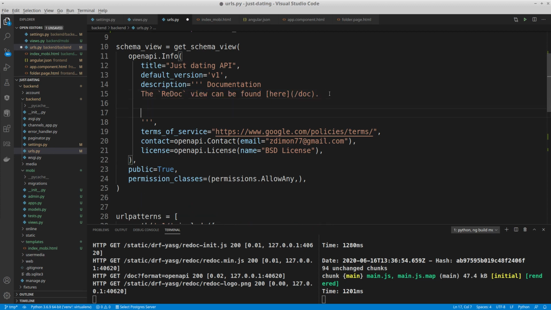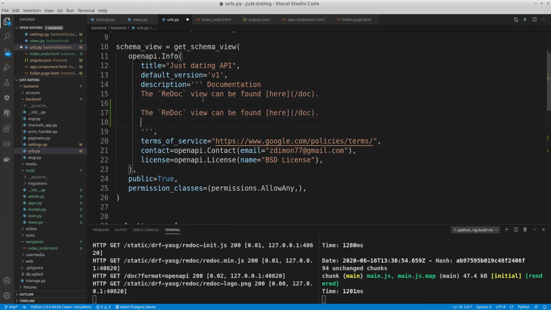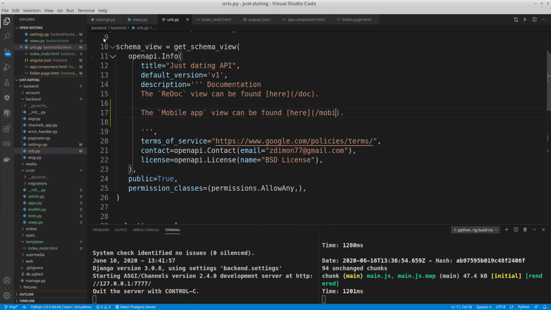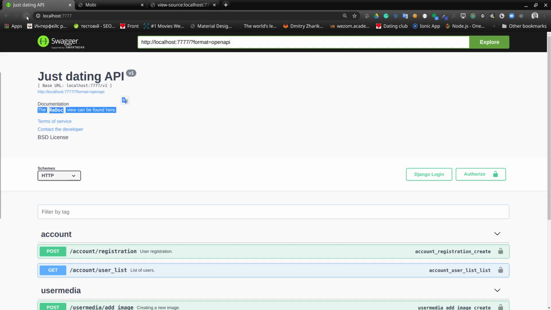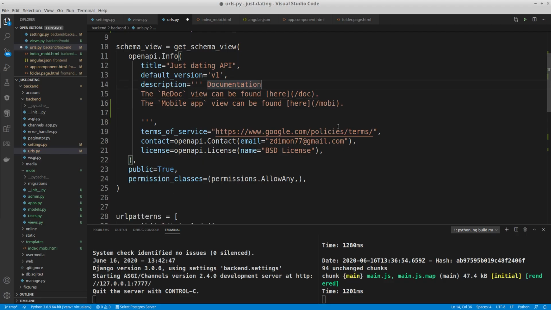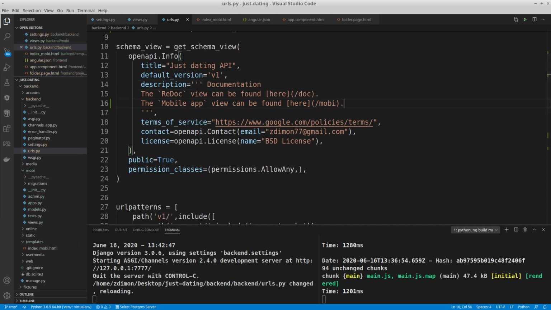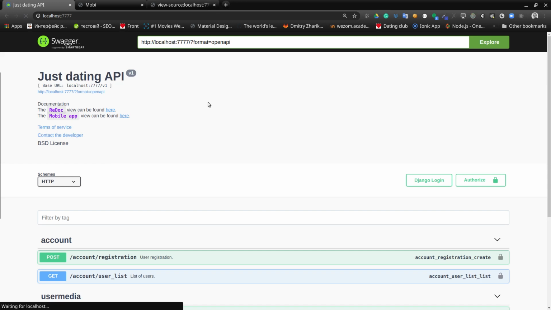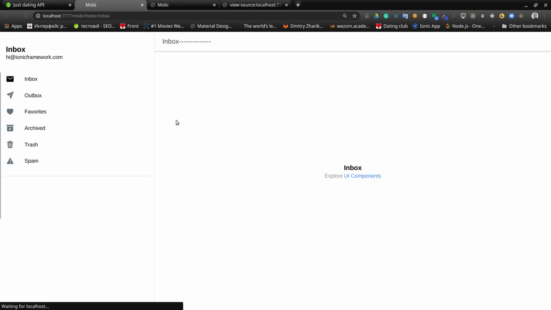I copy this line and direct it to the Mobi URL. Oops. Probably I should remove line breaks. Oh yes. So